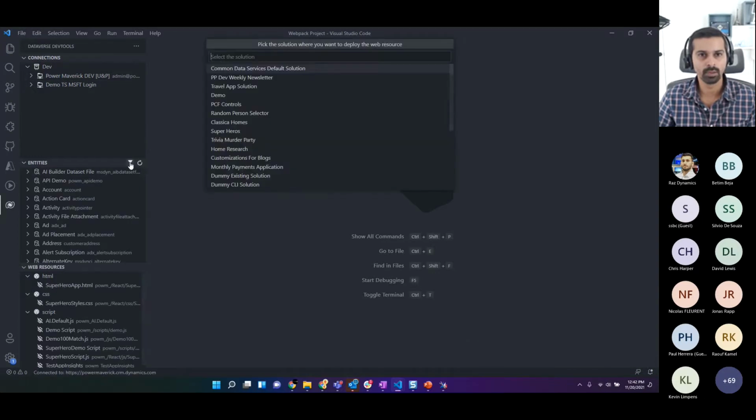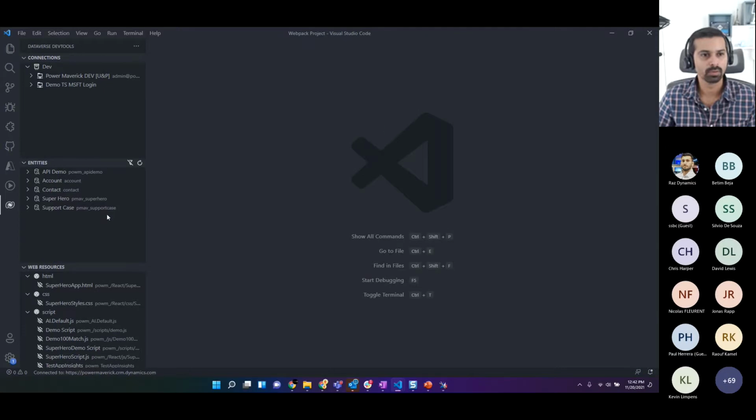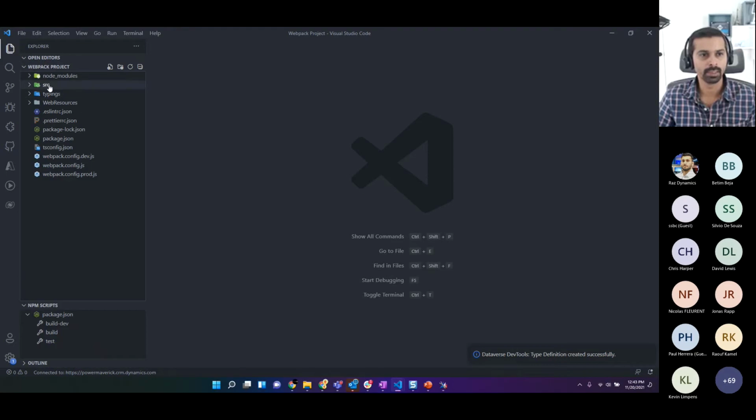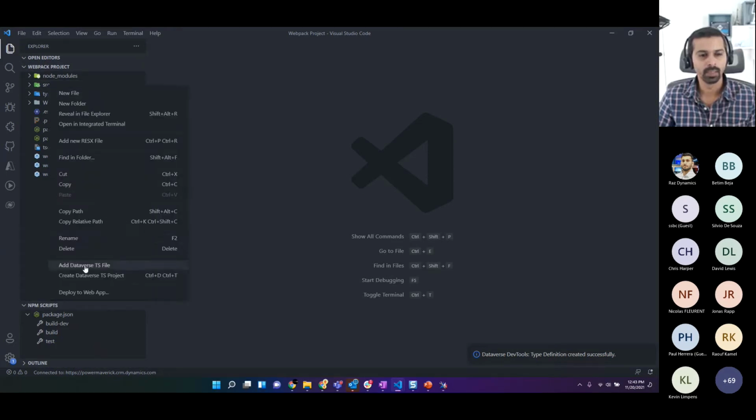And then filter out everything, generate typings, put it in the typing folder, and then add a new file. Now,